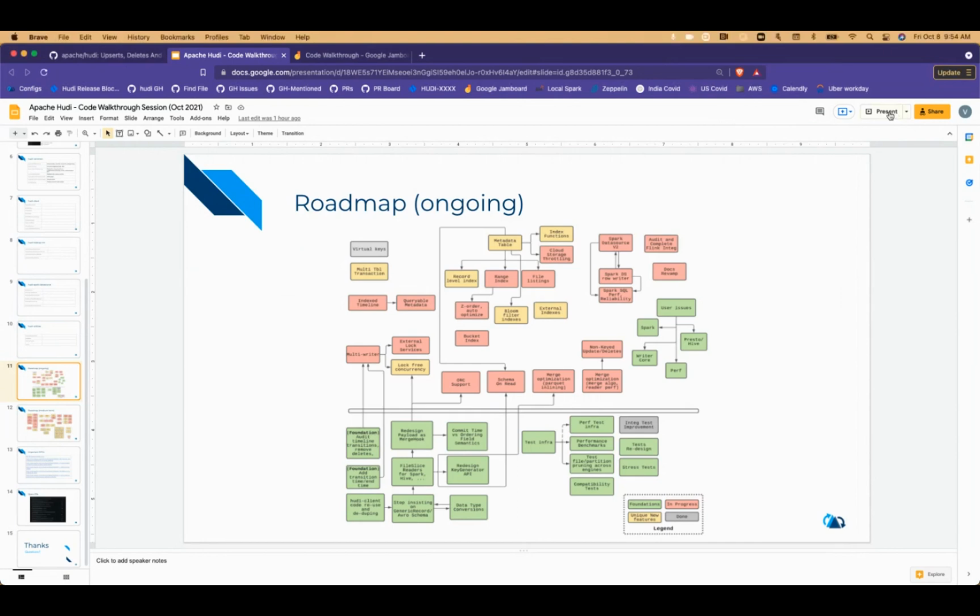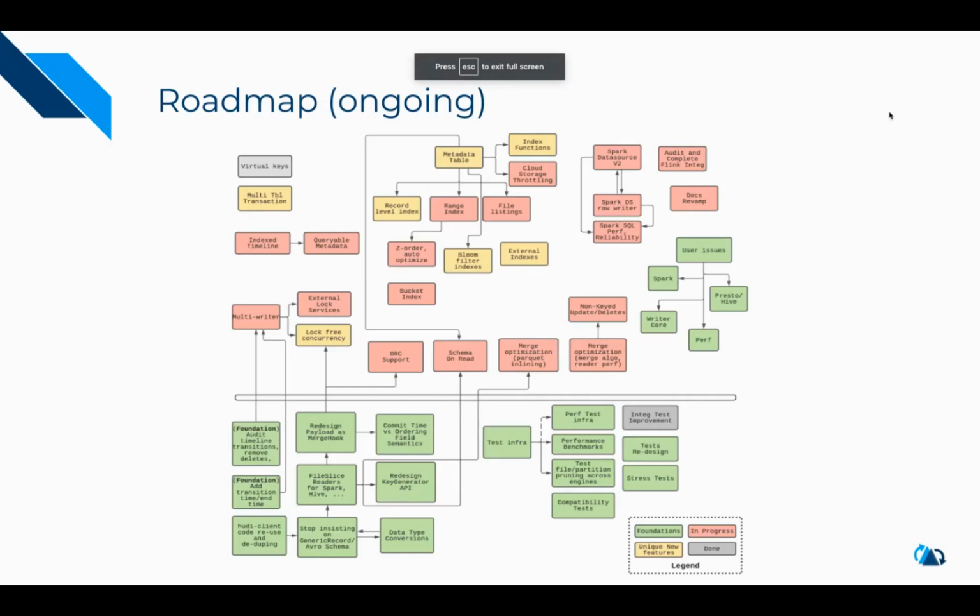Cool. All right. So this is roughly what is going on. I also will share this a little bit outside so that people have understanding about what's being done, right? So to answer your earlier question around indexing, this is the root work that we just landed, which is the new synchronous metadata. So previously we wrote the table metadata and we just sync the file listings over, but